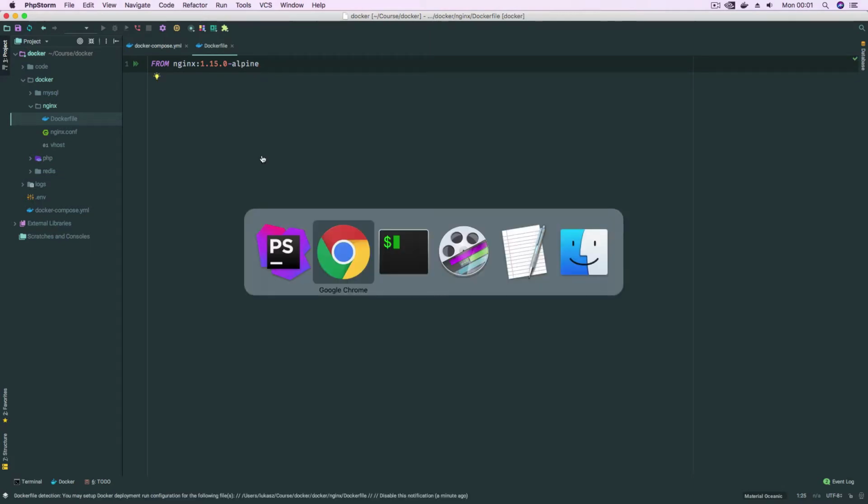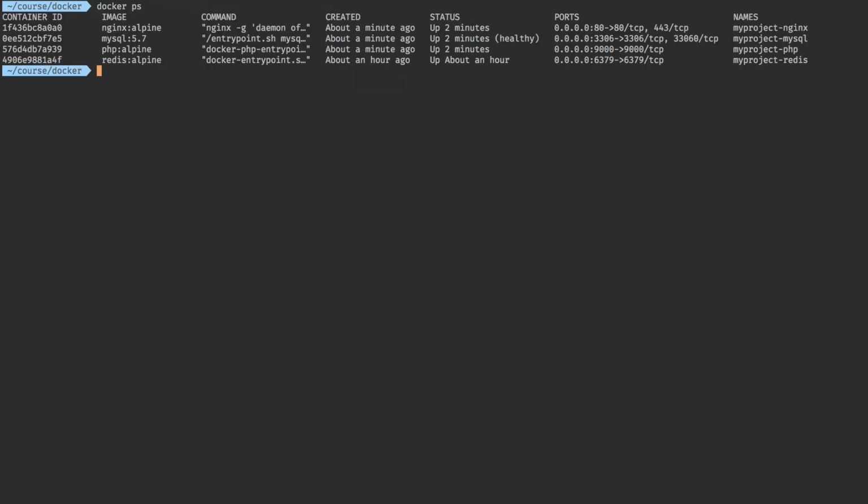So let's quickly confirm by going back to terminal. Let's see if the containers are running. I think they are. And now we're gonna rebuild. So we're gonna do docker compose up --build --force-recreate, and I forgot the -d. And another thing we can do, we can specify the service